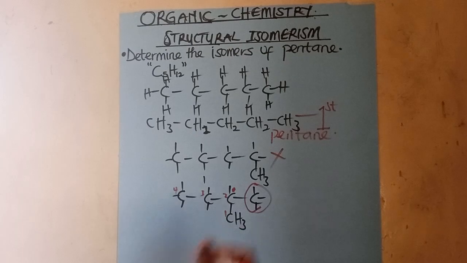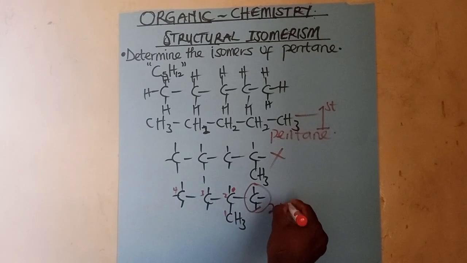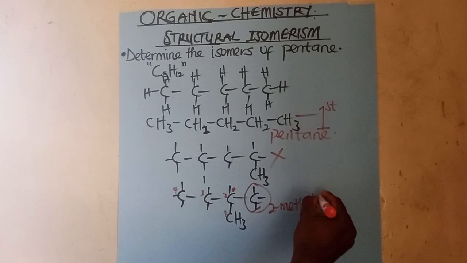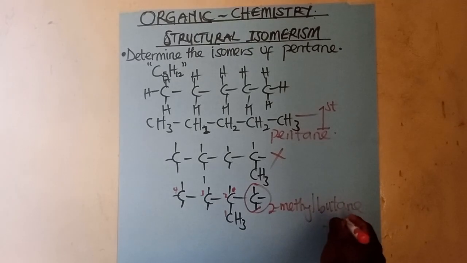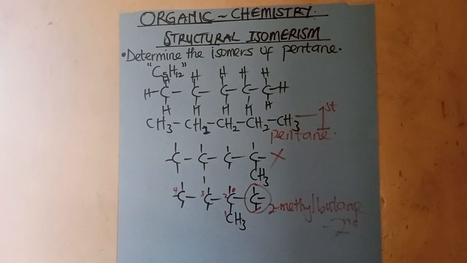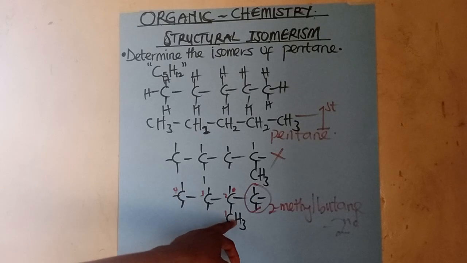Let me write the name here. This is 2-methyl butane. So this is my second isomer. That's my second isomer. I hope you can see that very well. Please study that very well. That's my second isomer. Now, the next thing for me to do, don't forget that I put my CH3 here